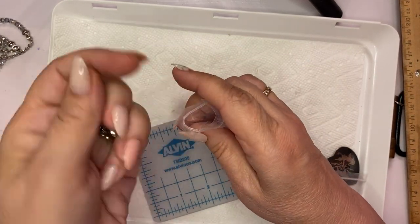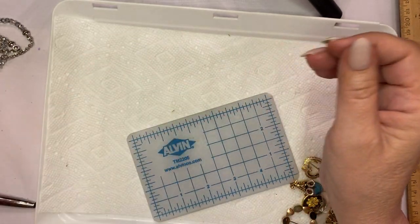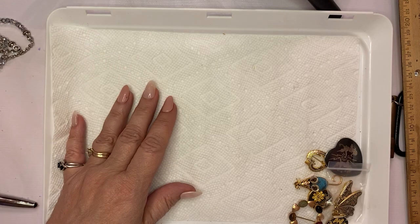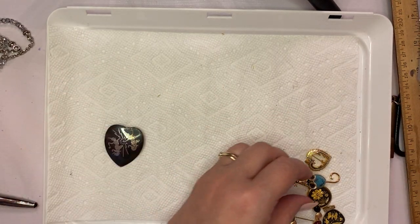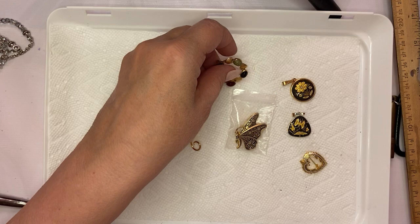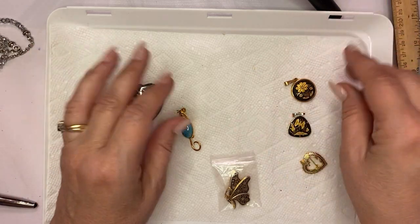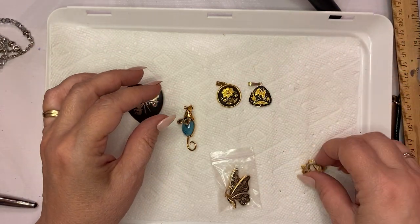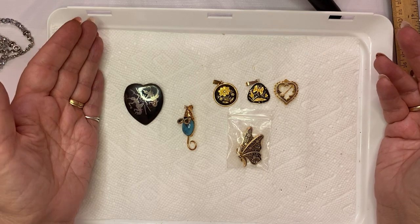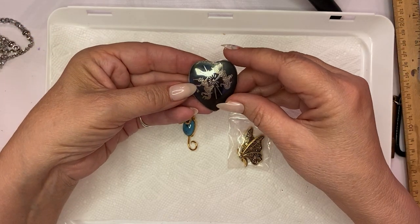Okay, so I have been schooling myself. I have been researching damascene. I have a few pieces of damascene coming, so I wanted to go over that. I went to Texas Gal Treasure's website or YouTube page, and she went over the basics of damascene. And these are basics. There's more to it than what I have here. So I'm just going to do a little PK. PK means product knowledge, because these items aren't for sale, or they're not for sale yet. But